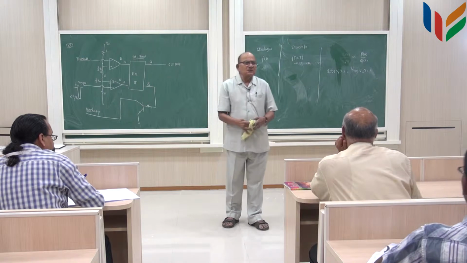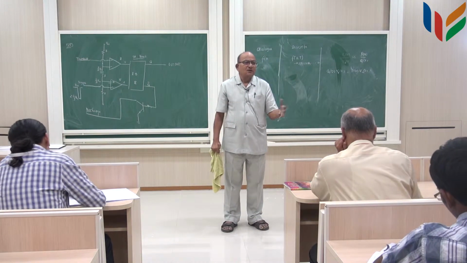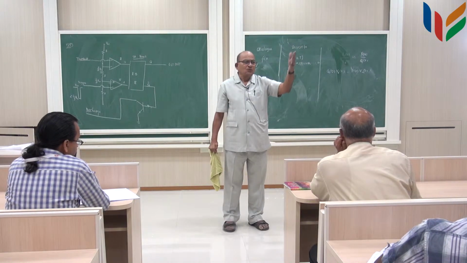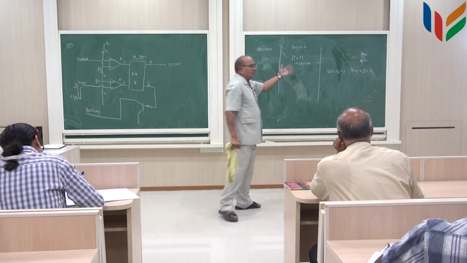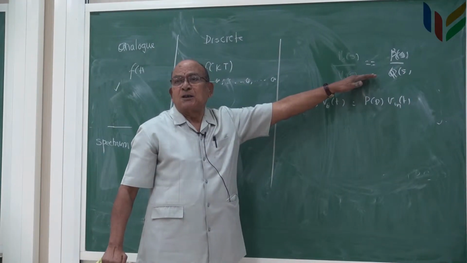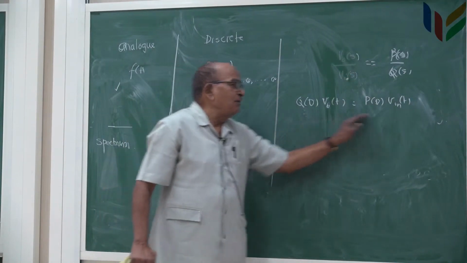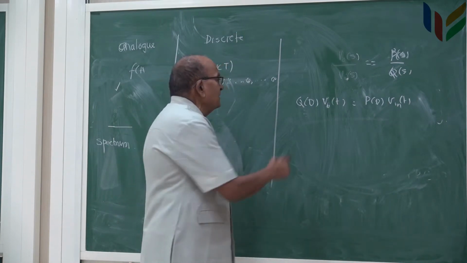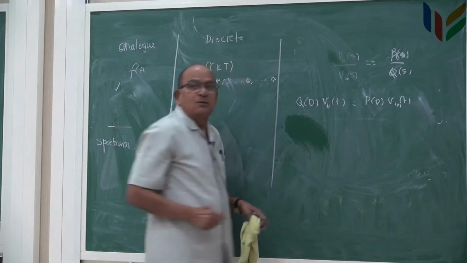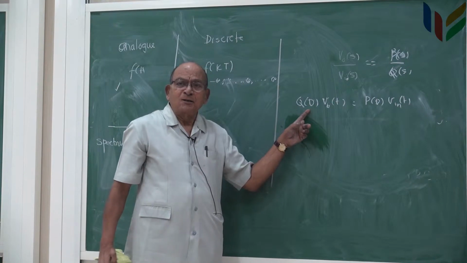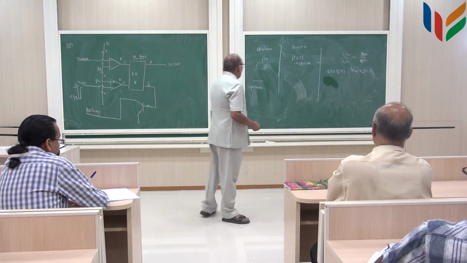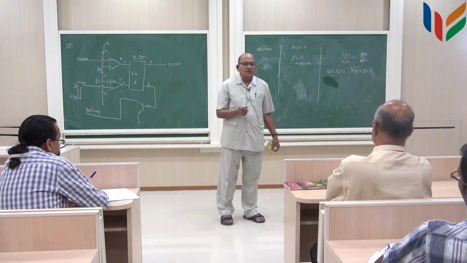These polynomials are basically arising out of the time derivatives of that appropriate order in the original differential equation. So, we reverted back to the original differential equation saying that this is the differential equation which gave rise to this transfer function, right. So now basically I have a differential equation which simply states that Q(D) as an operator on the output is equal to P(D) as an operator on the input. Okay. What does this derivative really mean?